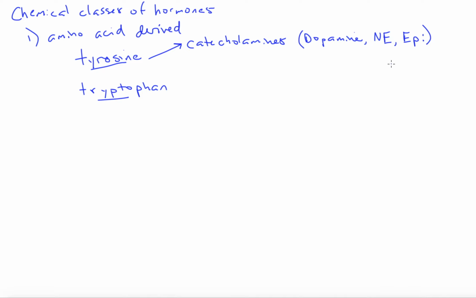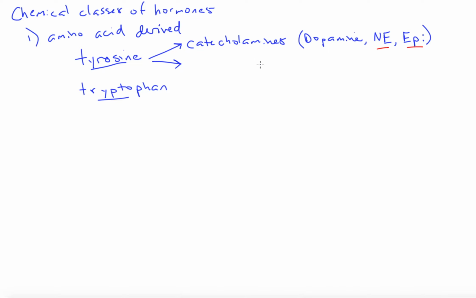secreted. Most importantly here, the norepinephrine and the epinephrine are known as our sympathetic hormones, right? Released in response to a stress response. Okay, the other class of hormones, I should say, that tyrosine can be used to produce